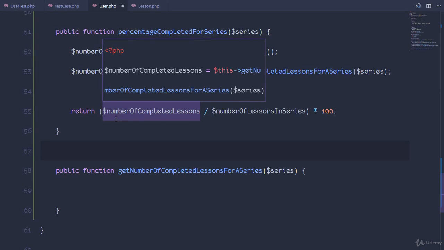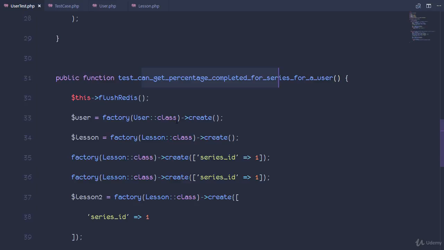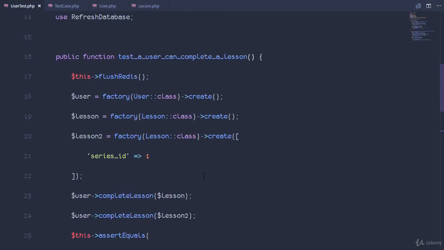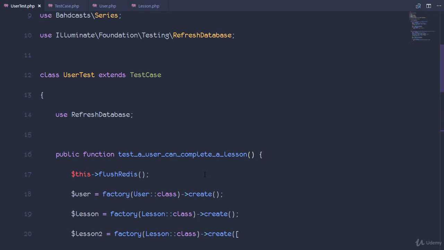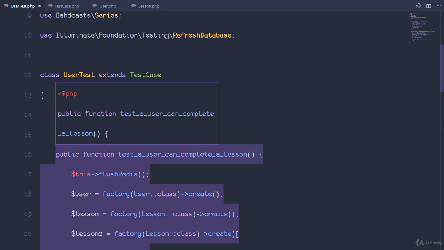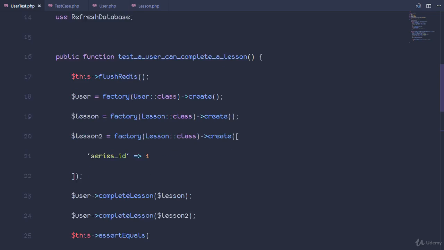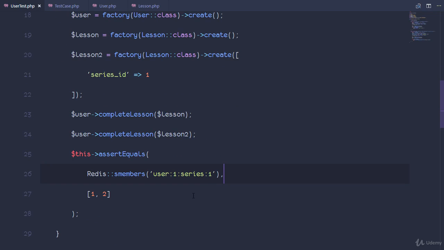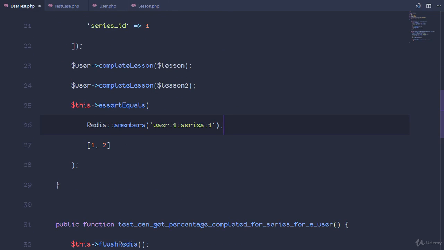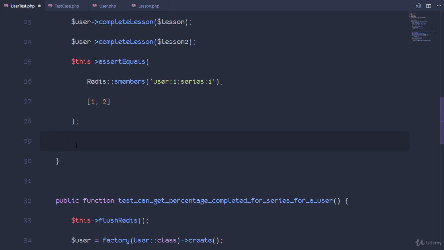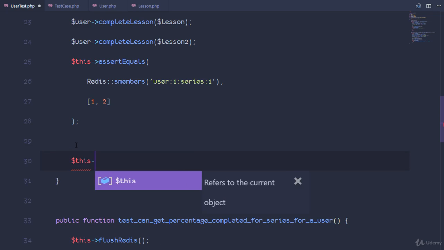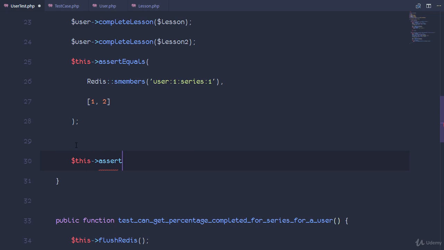We already have an existing test to see that we can actually complete a lesson, right? So rather than creating a unique test for our get number of completed lessons, we are going to actually test that functionality right here. Okay, so we are asserting that this SMS method for this particular key is going to return this array, right? So what we're going to do is create another assertion, and this would be assert equals,